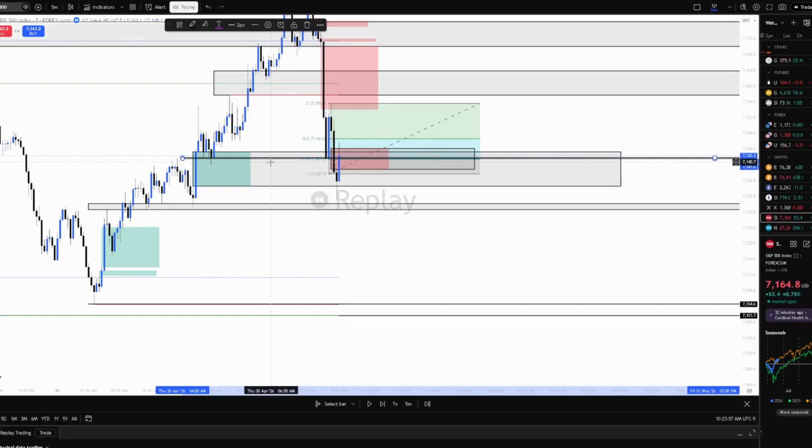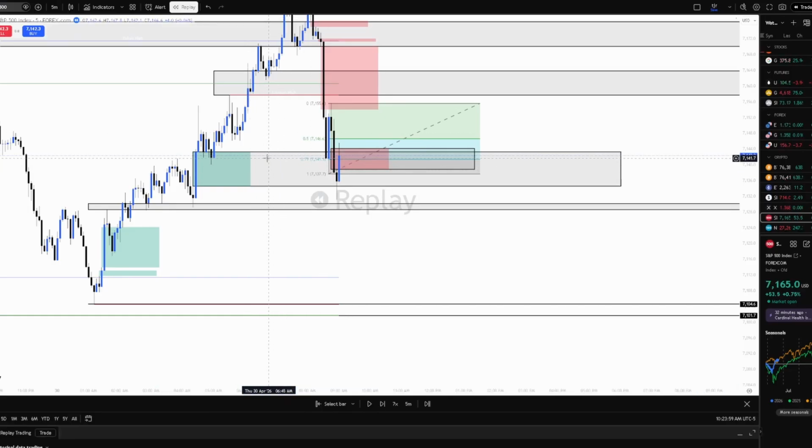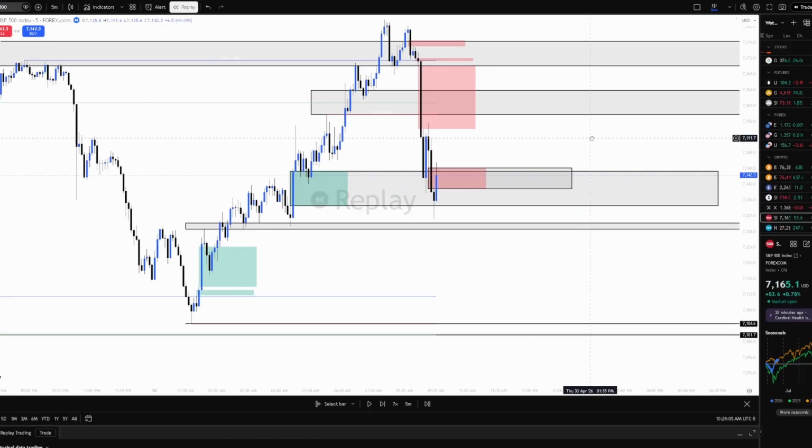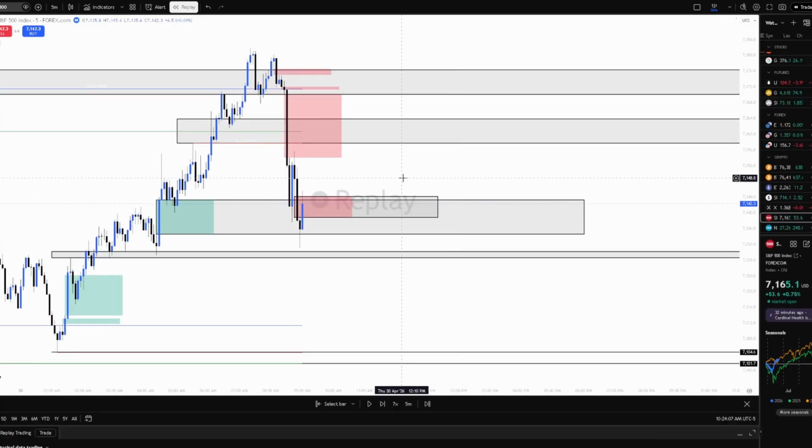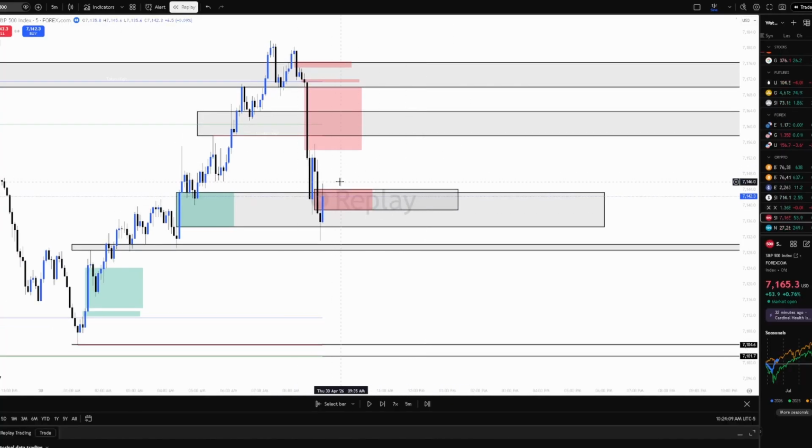Alright, let me just remove some of this stuff. We have this 5-minute gap. I'll get rid of this equilibrium. We already entered. Alright, that looks a little bit more clean. And then we got this 5-minute gap on ES, and we didn't invalidate it. And I believe this is what won my trade today, was because ES didn't really invalidate this, and we haven't